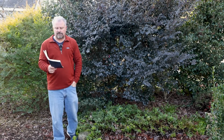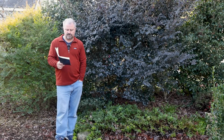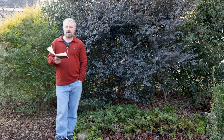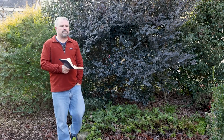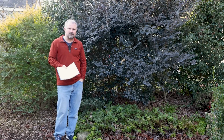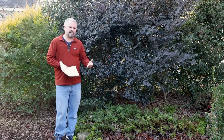So how far from the foundation should plants be planted? Thinking about planting some Encore azaleas. If a plant says it gets 3 to 4 feet wide, you're going to need it to be at least 2 feet off the foundation. I'd probably be a hair more than that off the foundation, because I'd like a little airflow between my plants and the foundation, because you get plants like